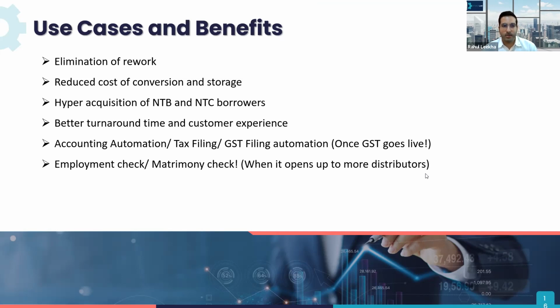And with the whole ecosystem now, is the time when NBFCs and banks can really look at hyper acquisition of customers which are new to bank or new to credit, because there's never been a better time where you can literally have a new to bank customer, new to credit customer,